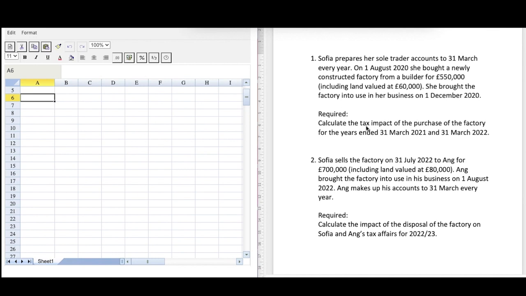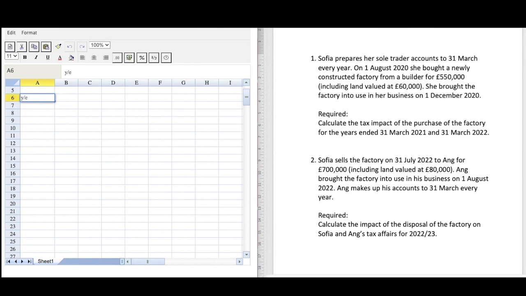The calculation itself is relatively straightforward, but you do have to watch out for a couple of tricky elements to it, including the fact that here we have somebody who has bought this factory on the 1st of August, but doesn't start using it in their business until the 1st of December. And structures and buildings allowance is different to plant and machinery allowances in that you do time apportion the allowance depending on when it was bought during the period, and that is very different to what we do for plant and machinery allowances. So that means we're being asked to think about the year ends 31st March 2021 and the following year. So let's look at the years one at a time.